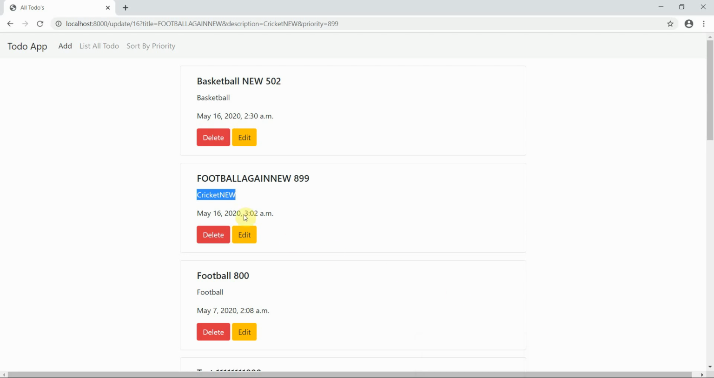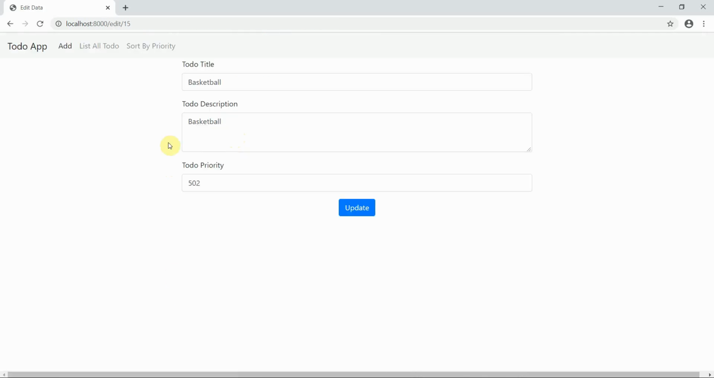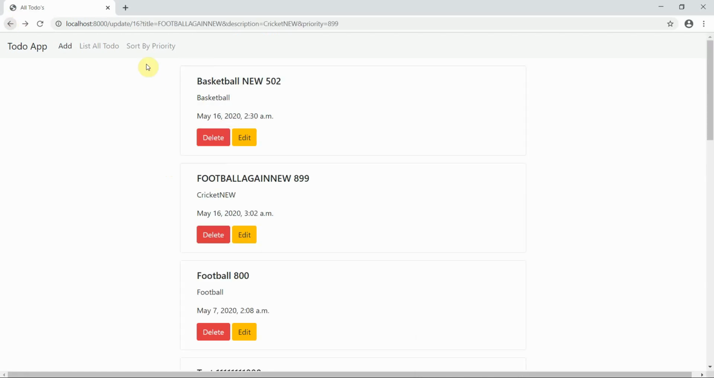So we are almost done with the to do app. So we'll catch up in the next tutorial. So what we can implement next, so basically we are done with all the operations. Okay, one thing I noticed here, let me check. Yeah, this is basketball new 502. So I had only one word,